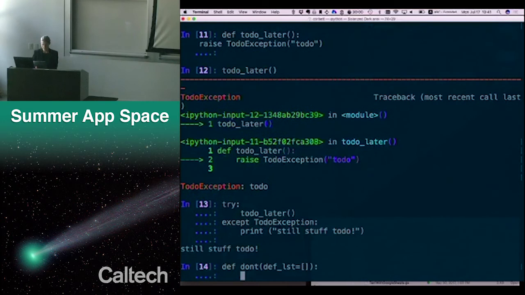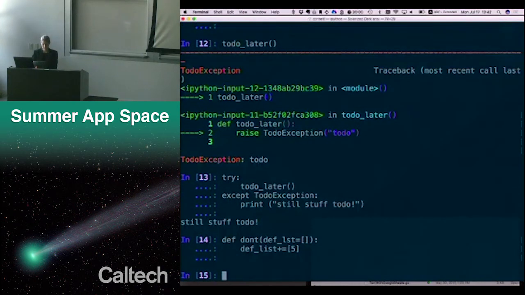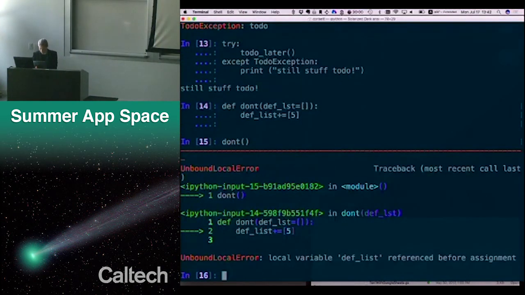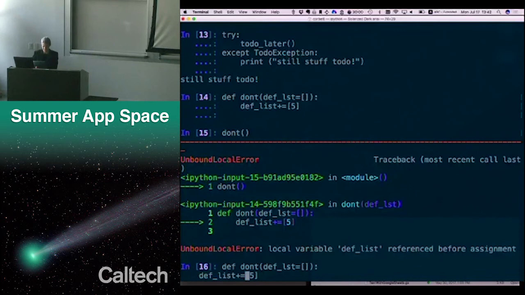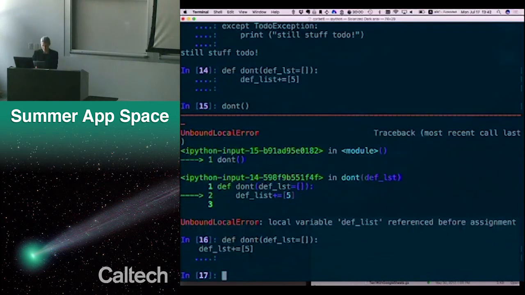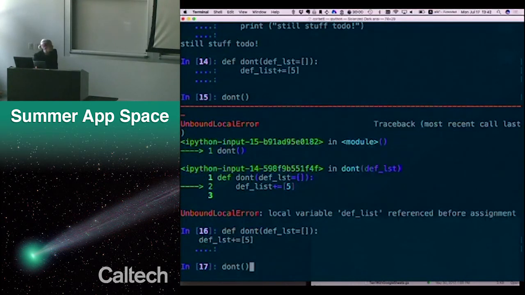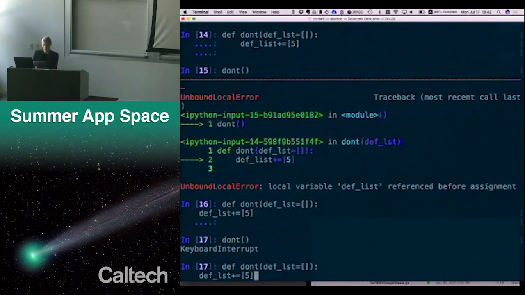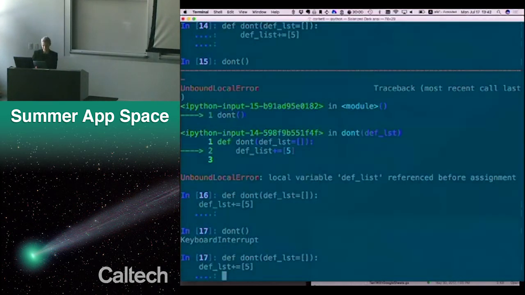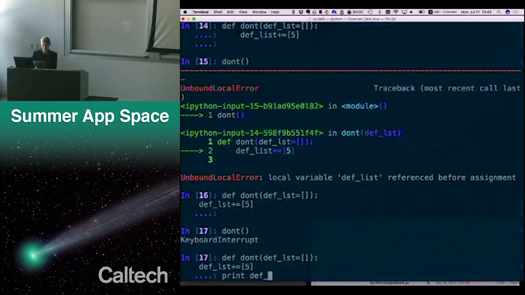Then I'm going to do... So now I'm going to call don't. Oops. Oh, I just misspelled that. Here we go. What I'm wondering. So, well, I'll print it too. That's a good point. So I'll print a def list. But what I was wondering was